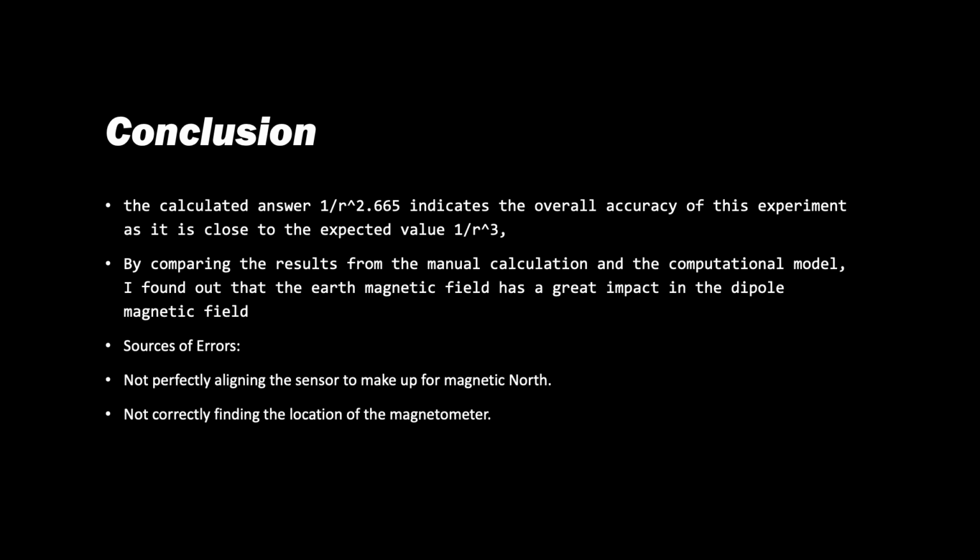The calculated result of 1 over r to the 2.665 power from part 1 of the experiment indicates the overall accuracy of this experiment, since it is pretty close to the expected value of 1 over r to the third. And by comparing the result from the manual calculation from part 2 of the experiment and the computational model using the data I have, I found out that the Earth magnetic field has a great impact on the dipole